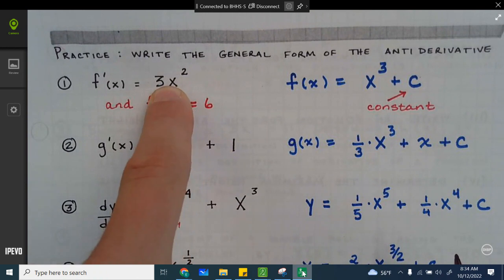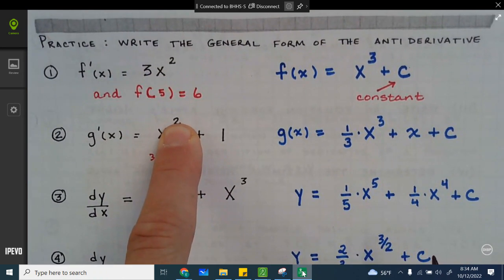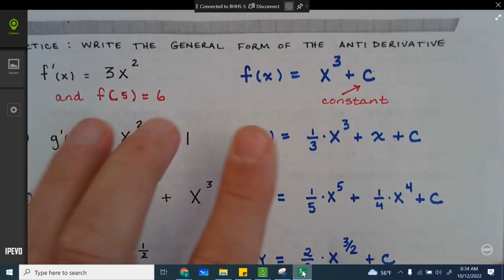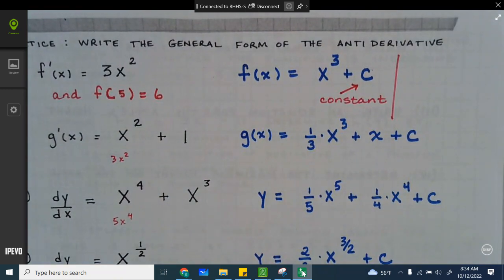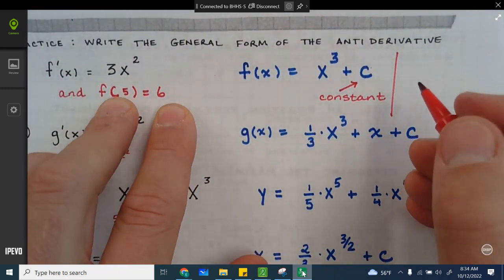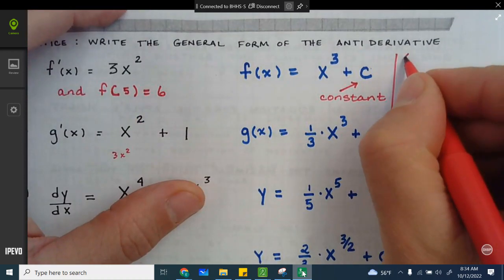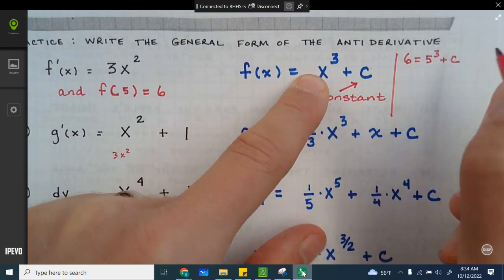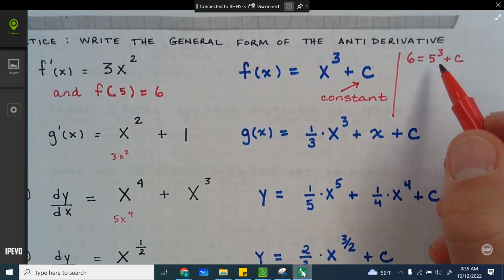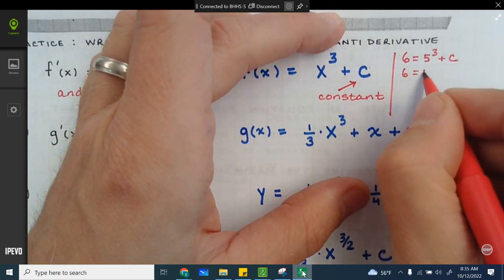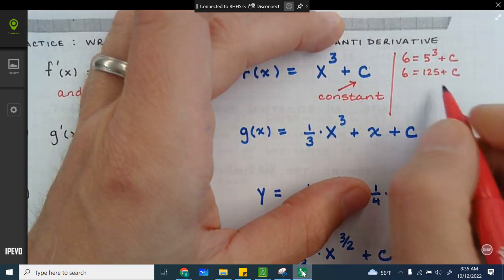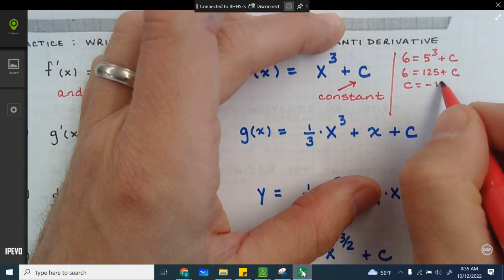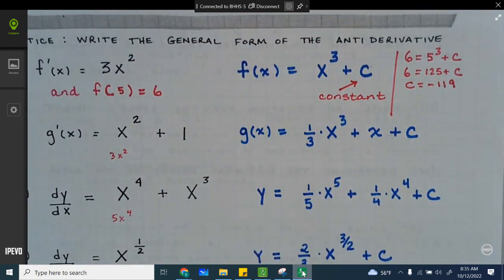If you have the derivative and you have a point that's on the function, now you should be able to find the exact equation, which means we can find c. How would we go about that? What would we do? Yeah, so you would say, I know that 6 is equal to 5 raised to the third power plus c. Anyone know 5 to the third? 25. It is. Therefore, c would be equal to 6 take away 125. Negative 119,